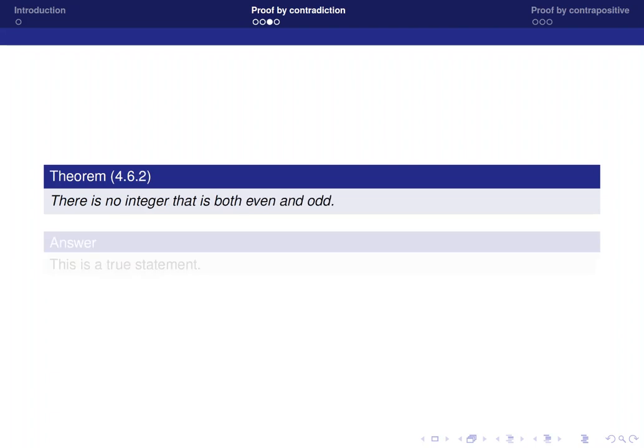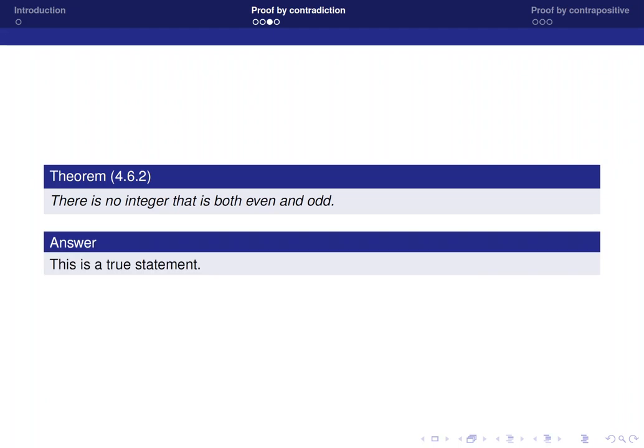Let's take a look at another problem, 4.6.2. This is a theorem in your book, and it says there is no integer that is both even and odd. And if you didn't know, this statement is obviously true as well. So let's go ahead and take a look at how we can prove this statement is true by doing another